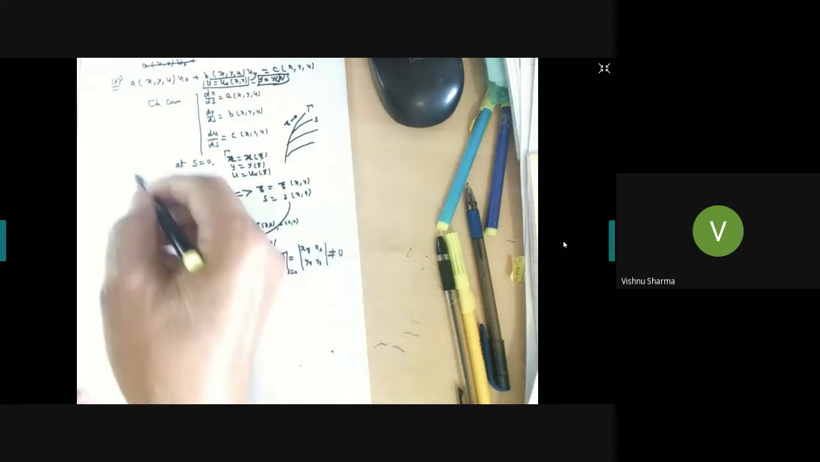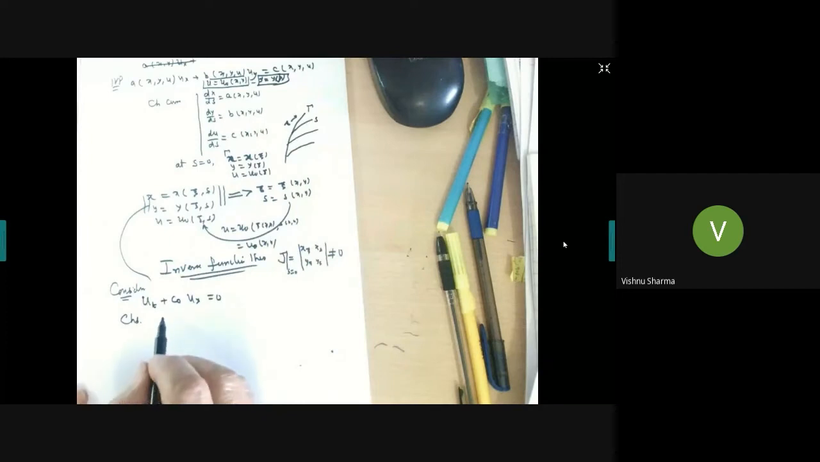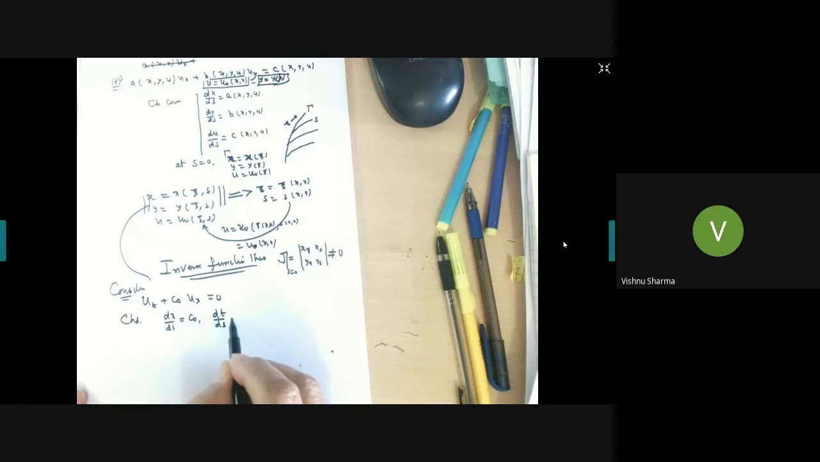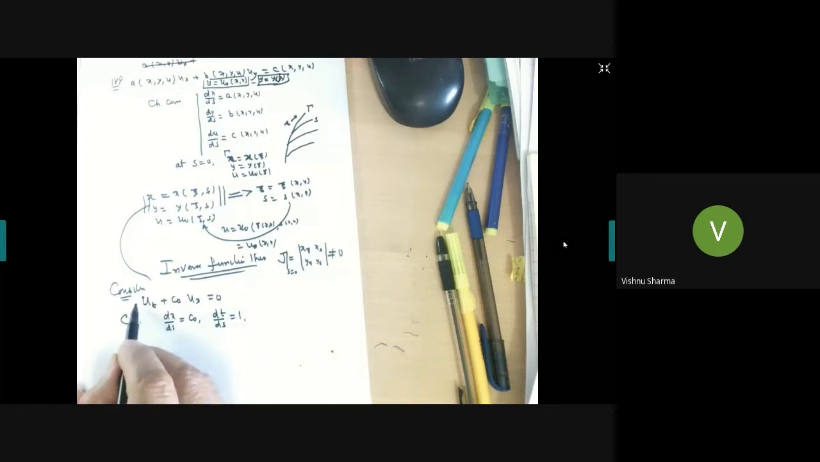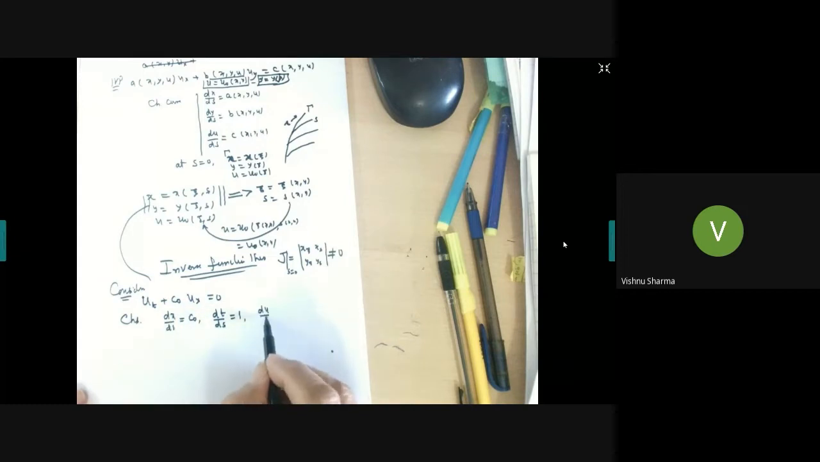If you write the characteristics following what we have done just now, the characteristics are dx/ds, this is your c naught, dt/ds, this is your 1. Here the coefficient is 1, here the coefficient is c naught, and du/ds is your 0. These are the characteristics of this partial differential equation. Is it all right? And suppose this is the initial condition, that at t equal to